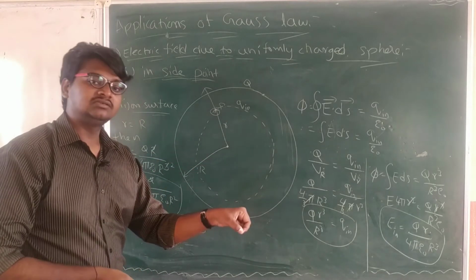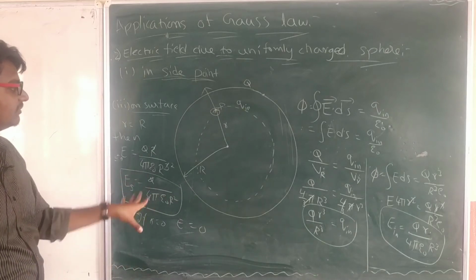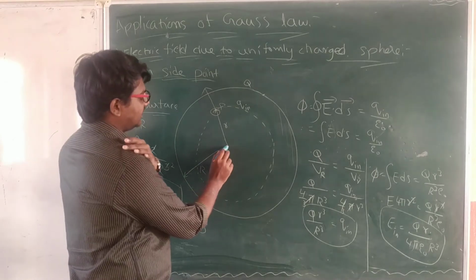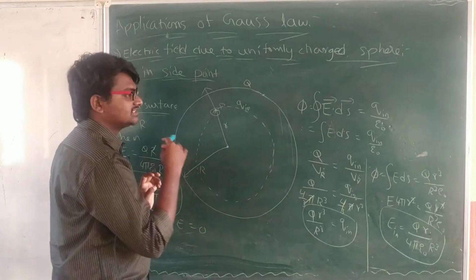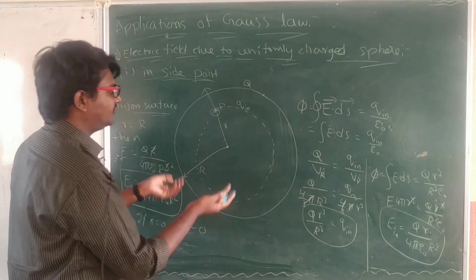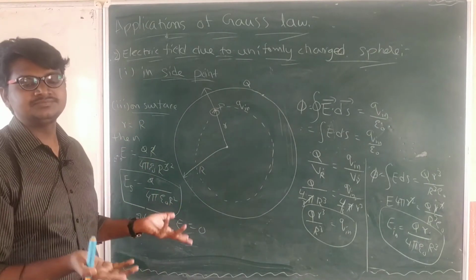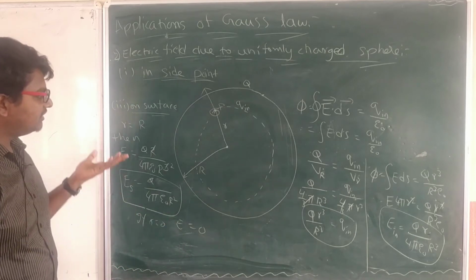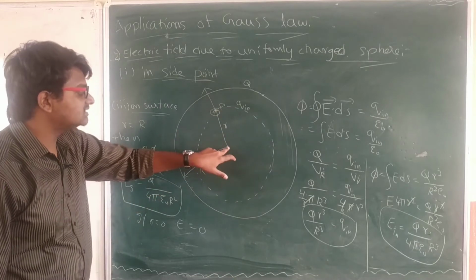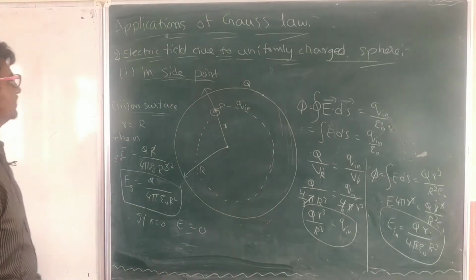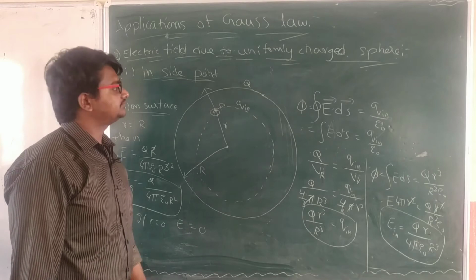At the center of the sphere, the electric field E is equal to 0, which we got mathematically. In general also, if you observe carefully, the electric field lines go away from the center in all directions equally. If equal force acts in all directions on a body, the body will be in equilibrium and the net force is 0. In the same manner, the net electric field at the center is 0. That's all about the electric field due to a uniformly charged sphere.